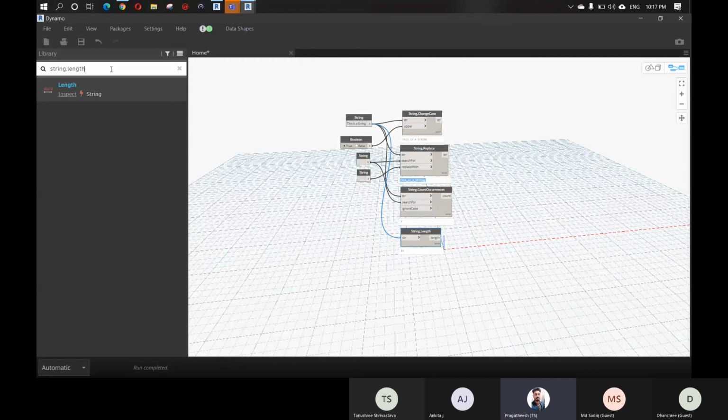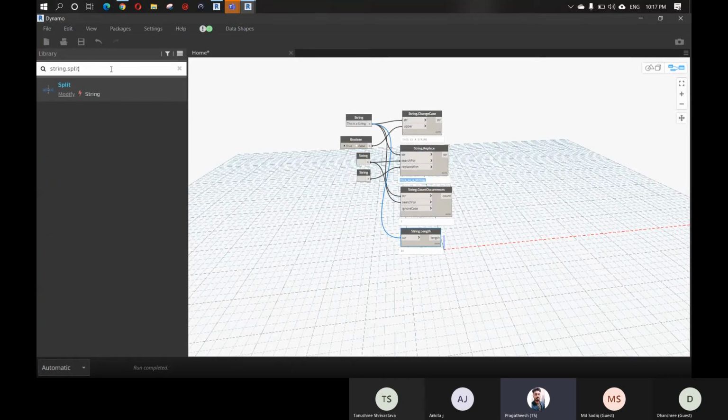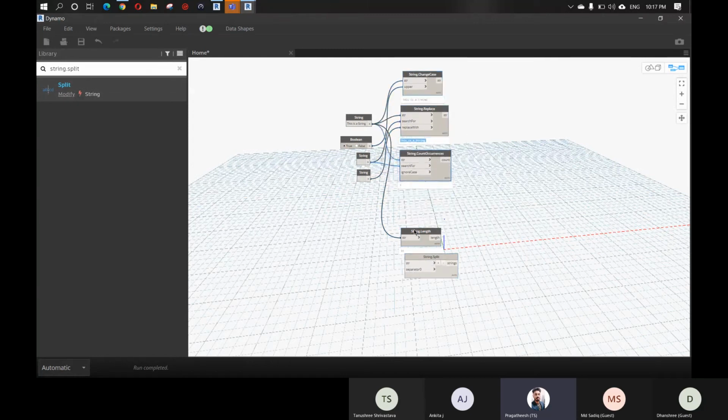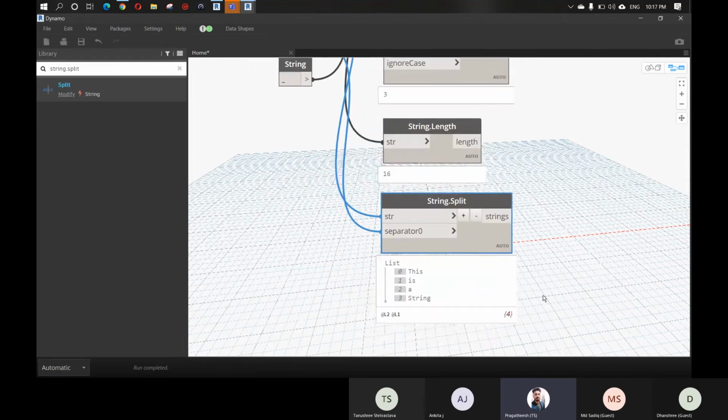You can also split your string. For that you can use string dot split. Connect this to the string here, and you need a separator to split this, so we can use the space as a separator. Now you can see that the string is created into a list, and the separator used is a space.